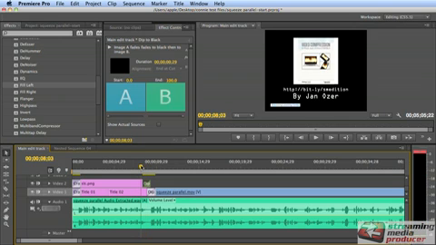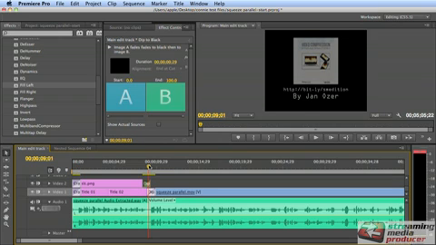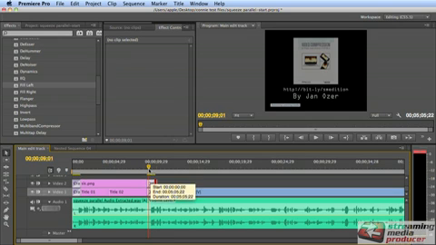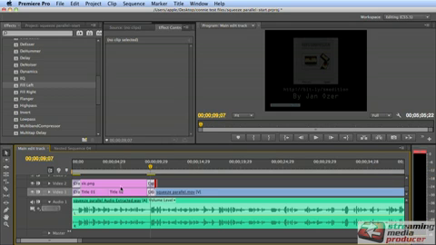Now it's not a major deal, but they're even here. I really wanted them even here, and there's no easy way to do that. I could mess with the transition duration by dragging this, but that again doesn't seem to produce an even result. And if you have multiple tracks above this, then you've got to do it for each track. Let me undo that. The quicker solution is to select, I'm going to drag and select all 3 components here,